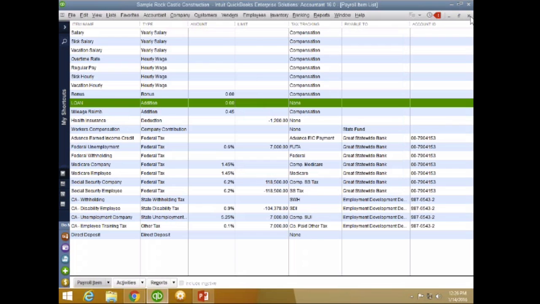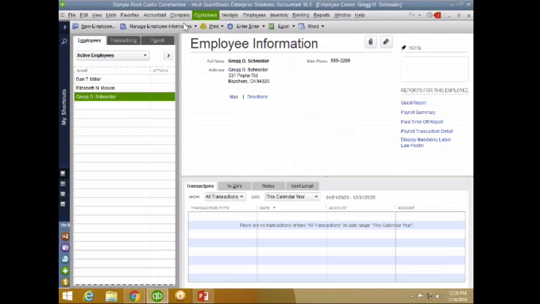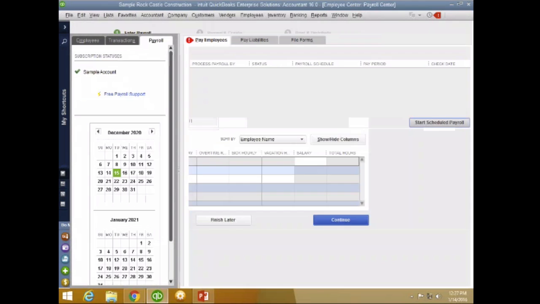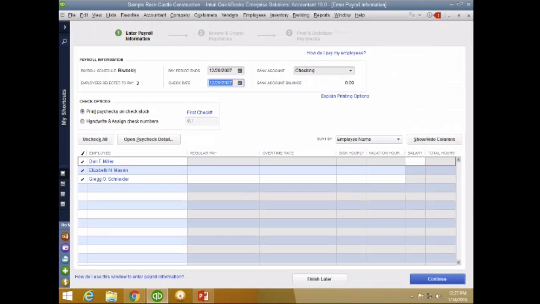All right, so let me go ahead and prepare a paycheck here. So I'm going to go to payroll, and then I click on start scheduled payroll. And I may have missed something now that I'm thinking about it. I forgot to add that item into the employee's profile, right? So whenever I click on continue here,